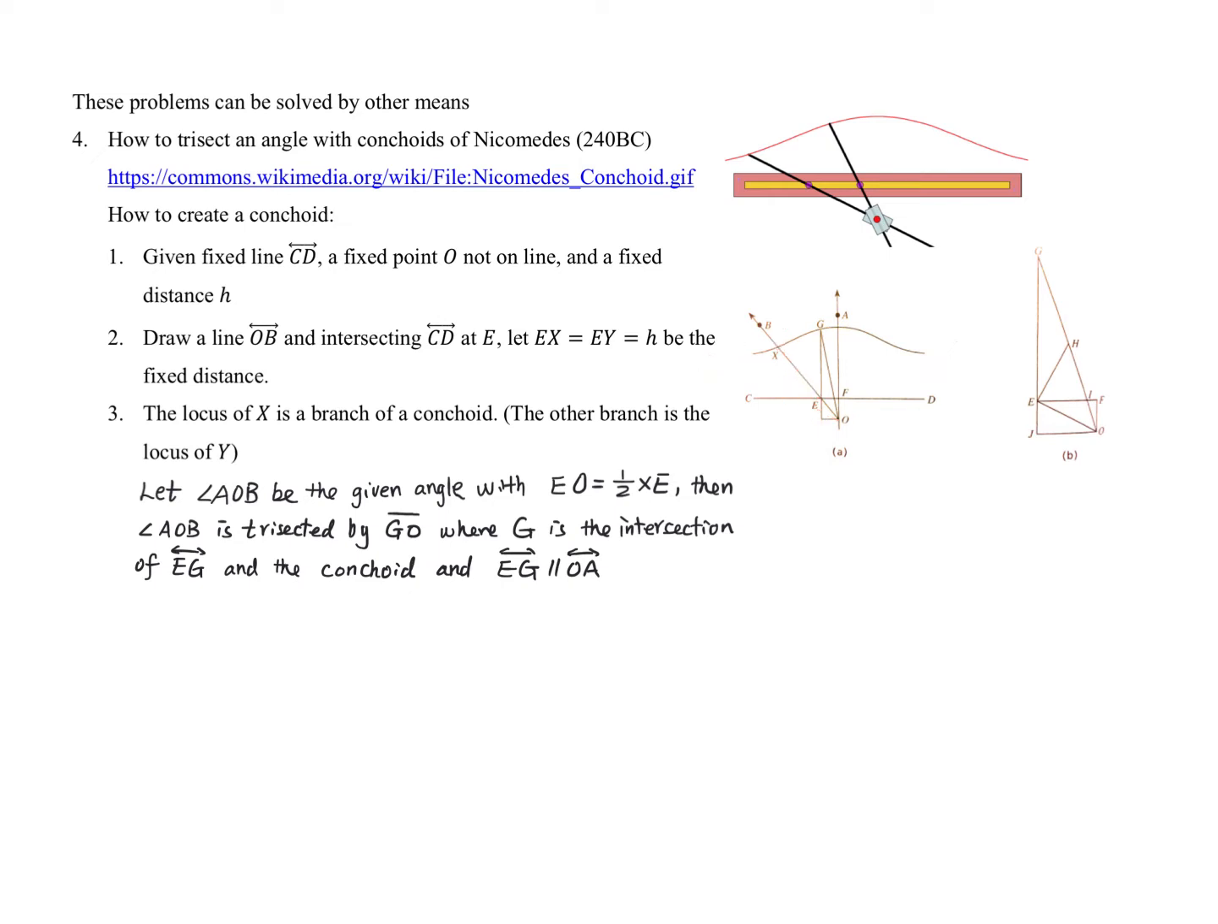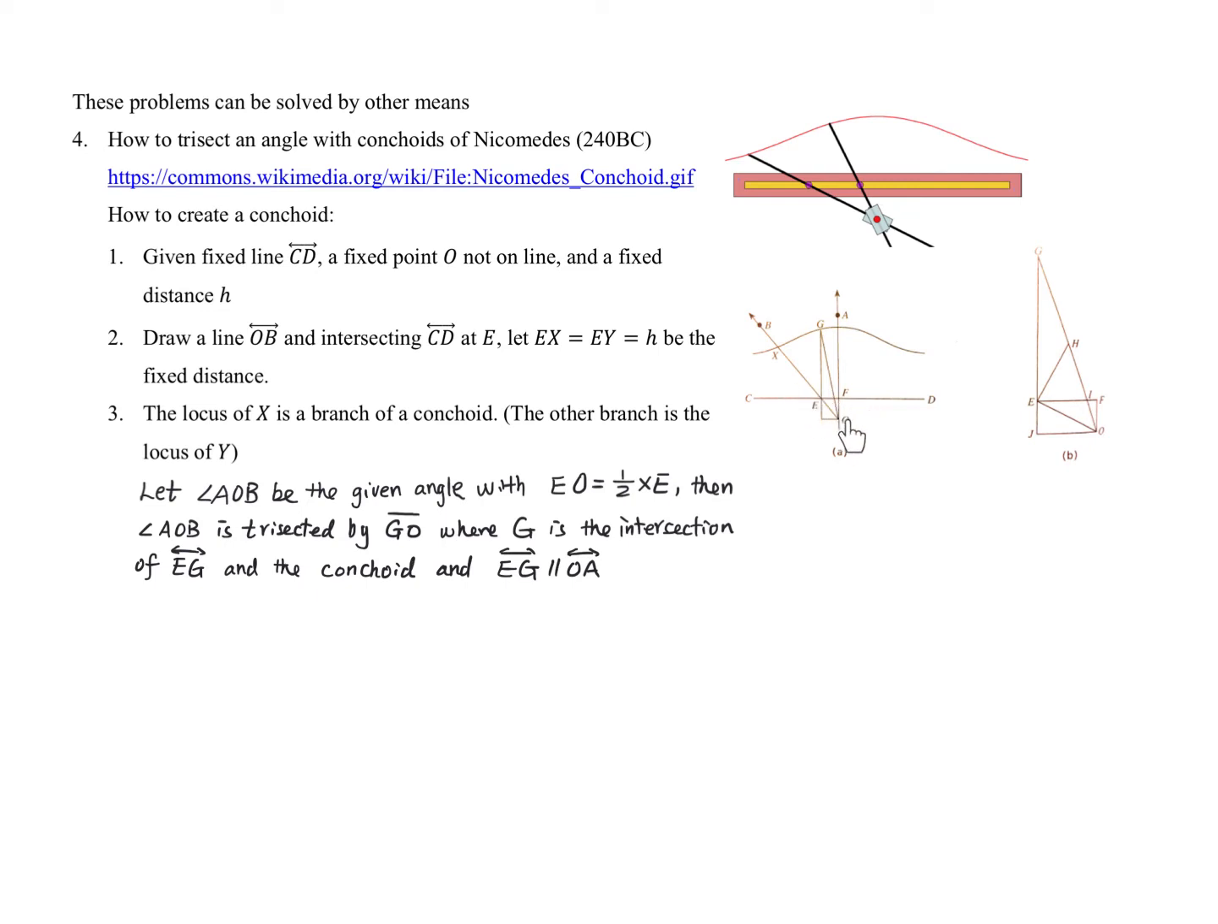Here, we want to show that this device can actually trisect an angle. If you give me an angle, say AOB, in this case AOB is the angle given. If EO is half of XE, in other words, this distance EO is half of this distance XE, then this angle AOB is trisected by this segment GO, where G is the intersection of this segment EG, which is perpendicular to CD,